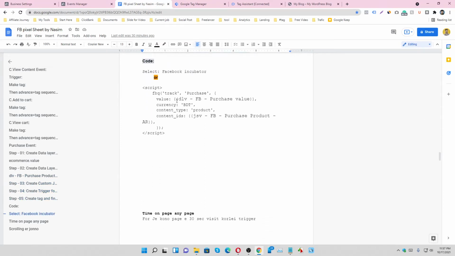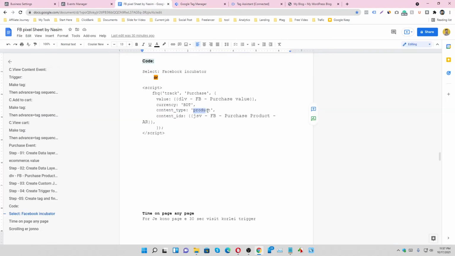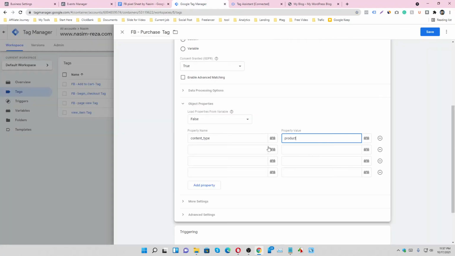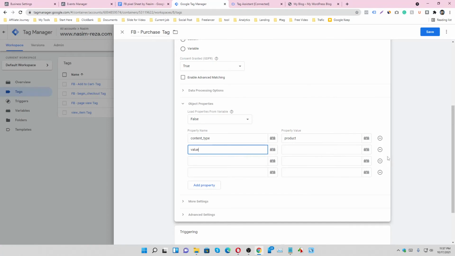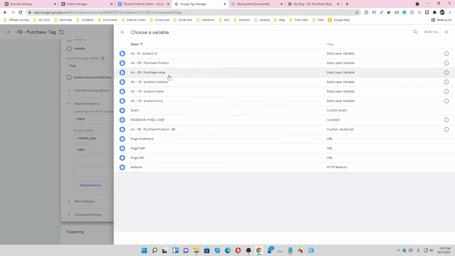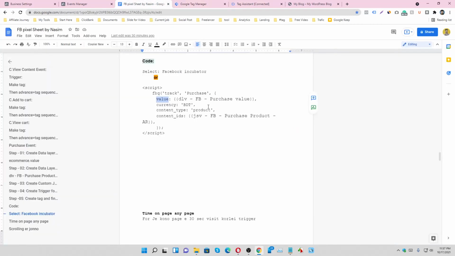Select the product type. Product type always will be product, and then value will be the purchase value, because we have to collect all purchase price.